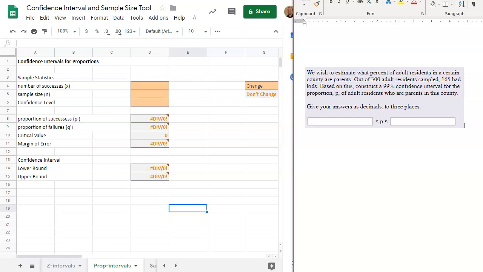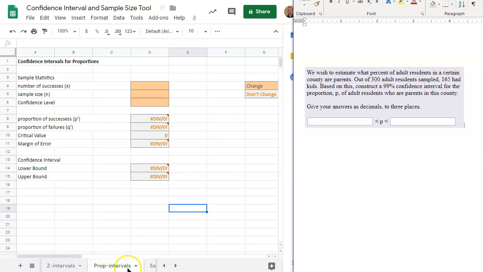In this video, we will be discussing how to find the confidence interval for proportions using Google Sheets. Let's get started. Okay, so in this confidence interval and sample size tool, we will see that there's a